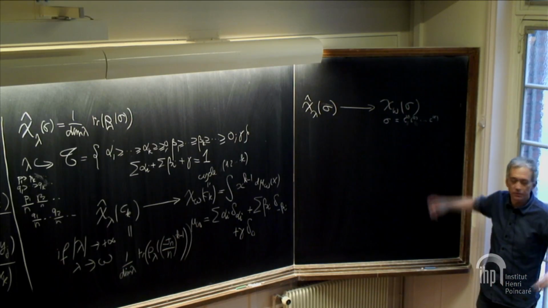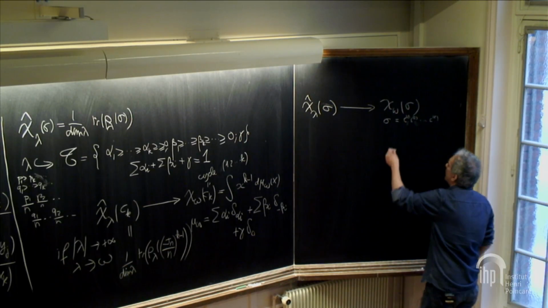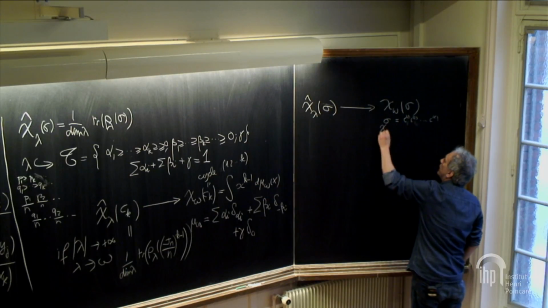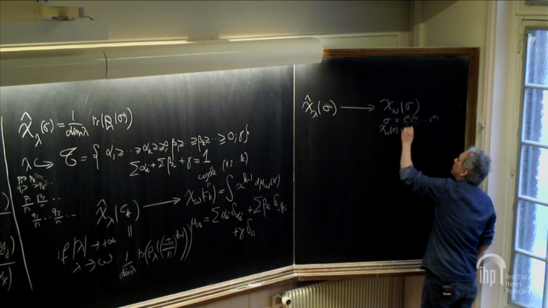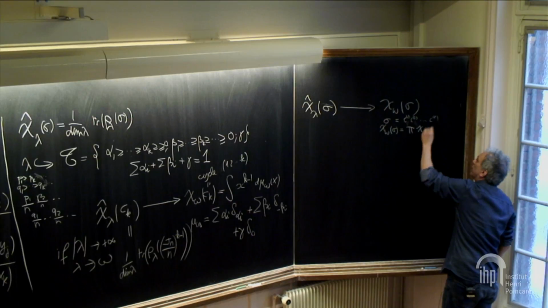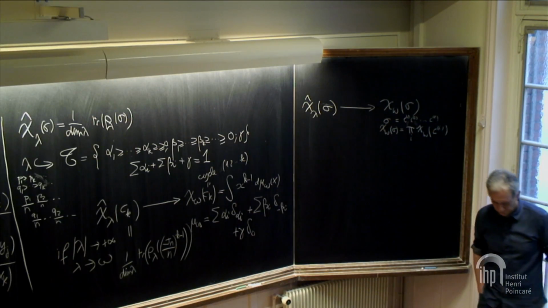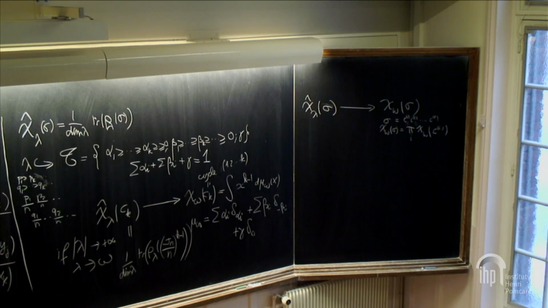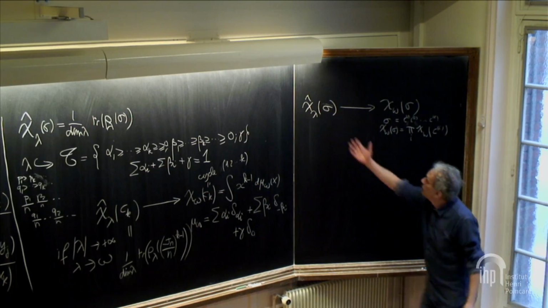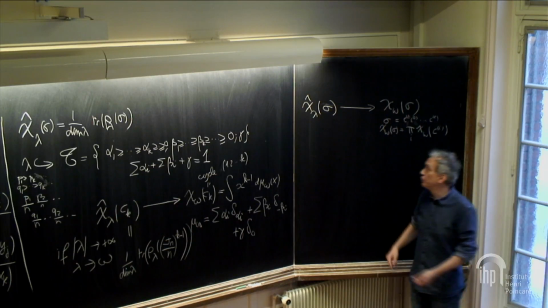I don't count fixed points in this decomposition. Then chi omega of sigma is the product of the chi omega of Ci. Okay. So this means, in order to prove that, it is enough to prove